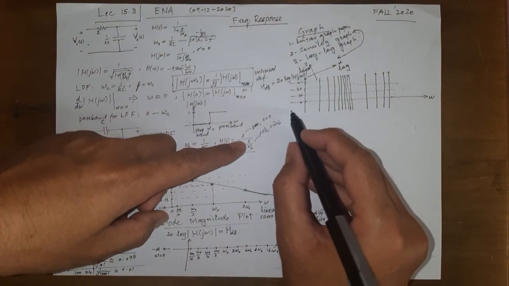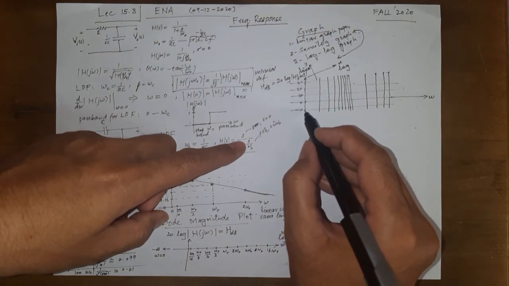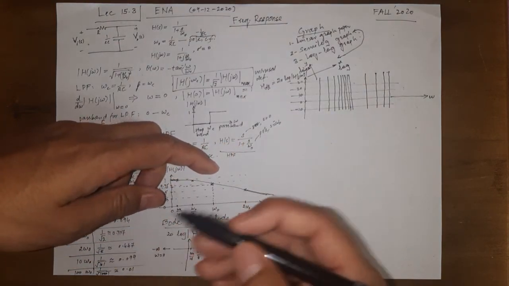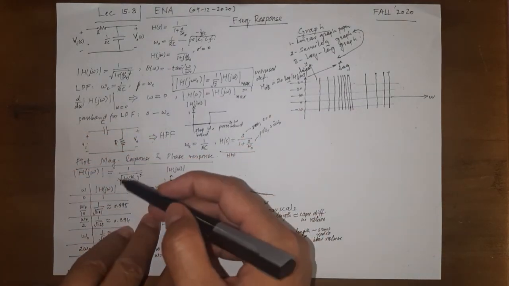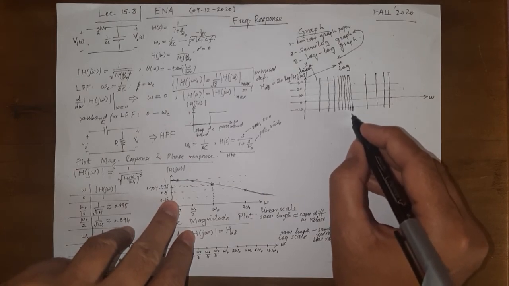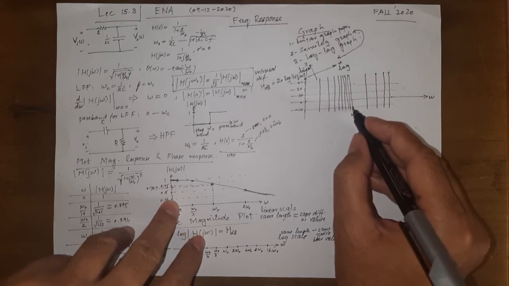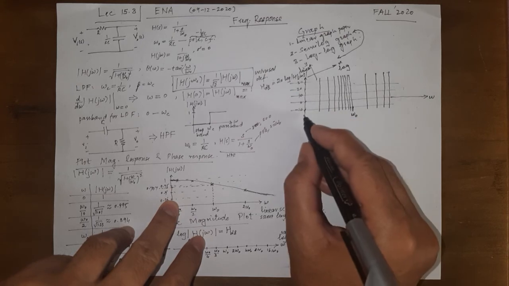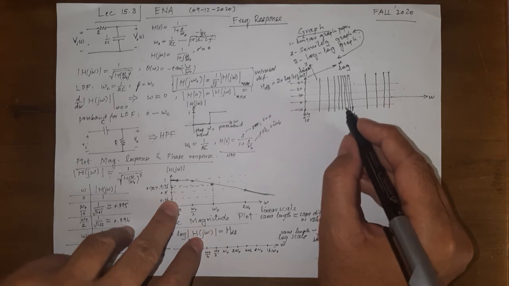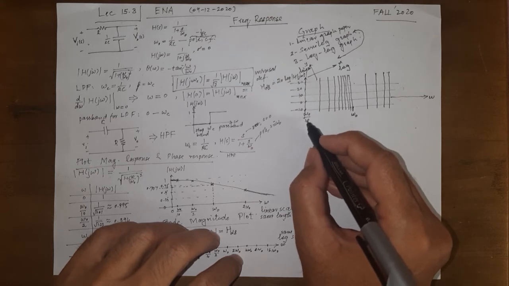While we can scale here in the y-axis with any scale that we choose to draw, this is just an example that I am giving. Here you would choose some omega naught that is of interest to you. It varies from circuit to circuit. So whatever that omega naught is, let us say we put this on this line. Let us call this omega naught, this one before this bigger gap. Then we will mark this one as omega naught by 10, because there are 9 lines here or 10 sections.